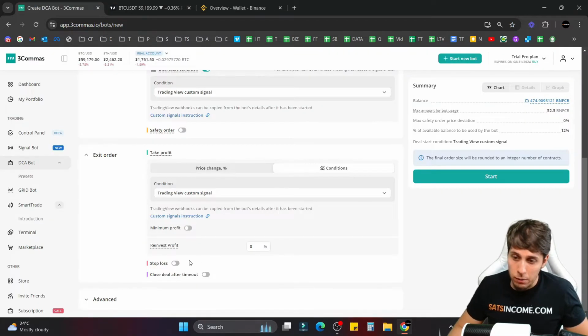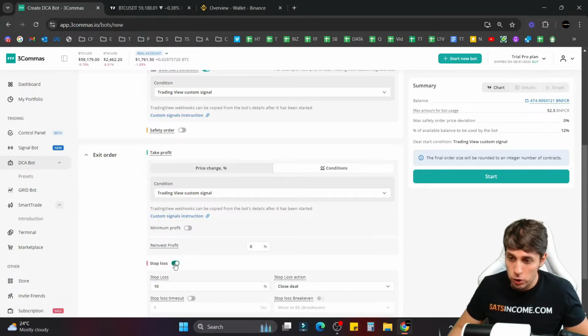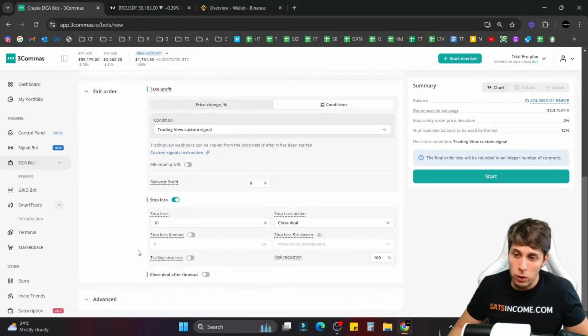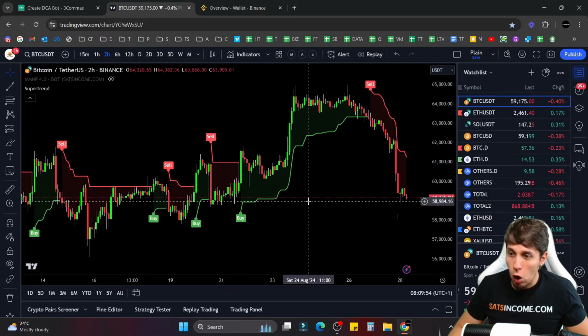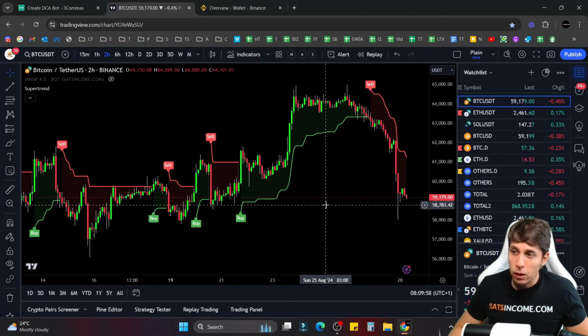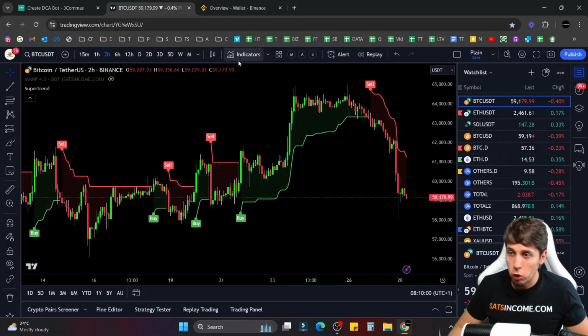The next thing that is quite important for you guys to do here is to set your stop losses, right? So what you have to do is to enable stop loss. You should never trade without stop losses, right? So enable the stop loss and add here the percentage for your stop loss. What you guys have to understand is that the stop loss is gonna be fixed and it's gonna be the same for every trade the bot opens. So you have to come up with the fixed stop loss percentage, and I'm gonna show you how to do